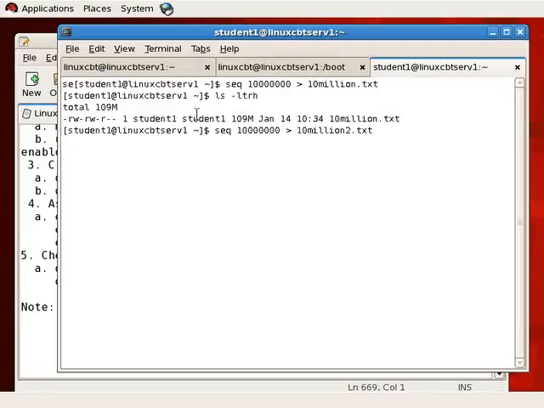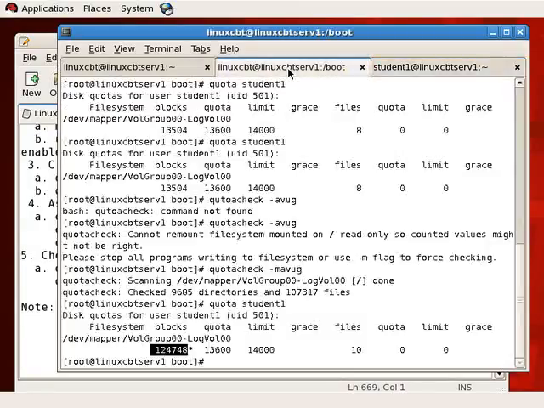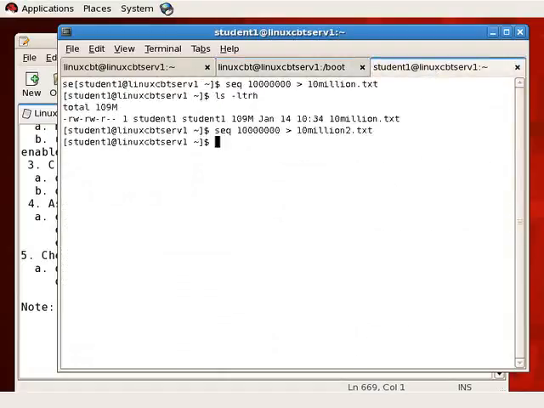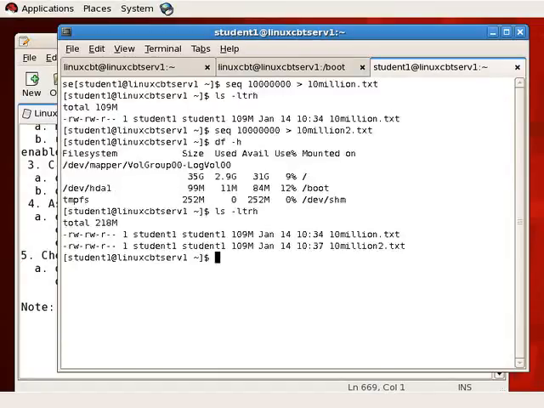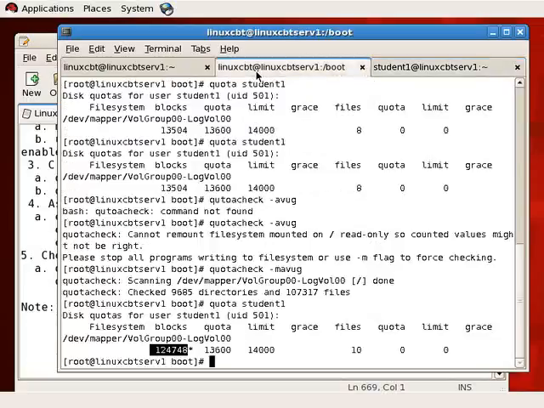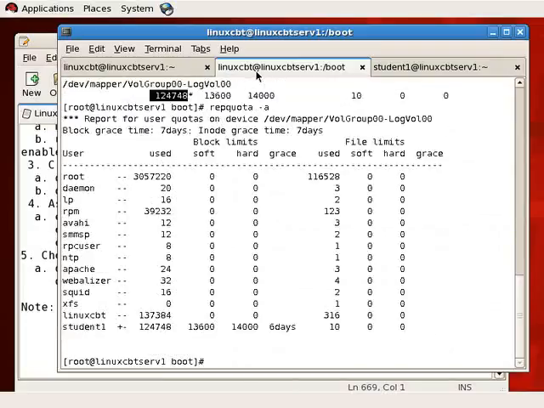And if we attempt to continue to write data, let's write a new file. We'll call this 10002.txt. We've exceeded, of course, the soft limit. And now it's writing that new file to the disk. The limits have not been enforced, but we are over. We've exceeded the limit, certainly. And now the second file has been created. Now ls -ltr will show us those two files, and an updated quota check will return that we're using more of the storage. We may also report on the quota using repquota